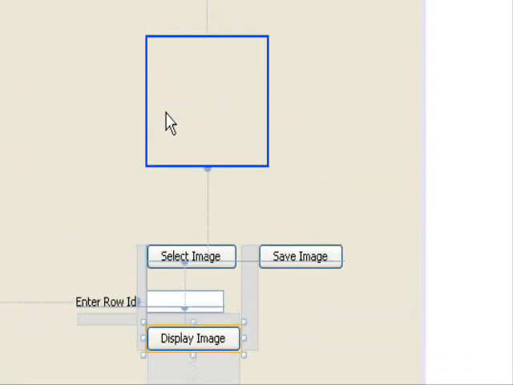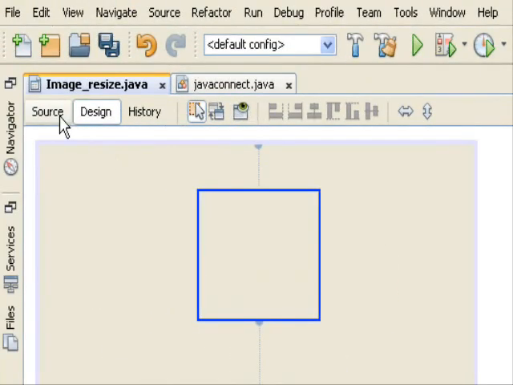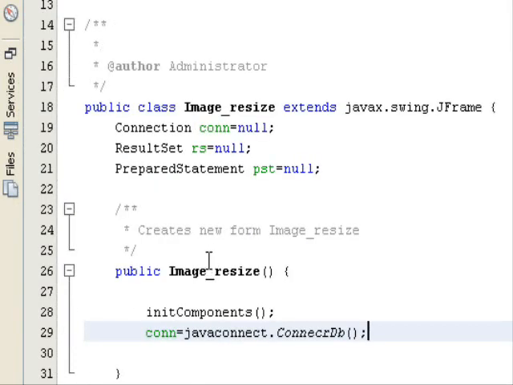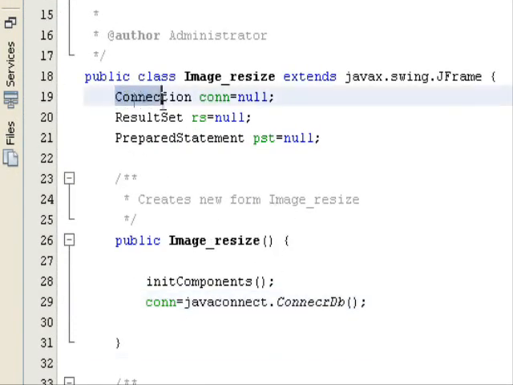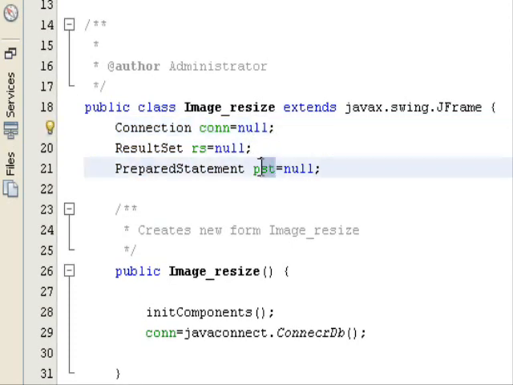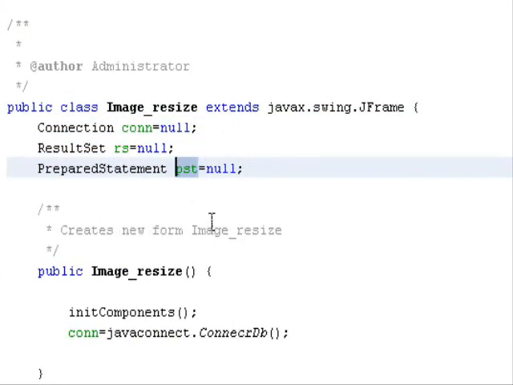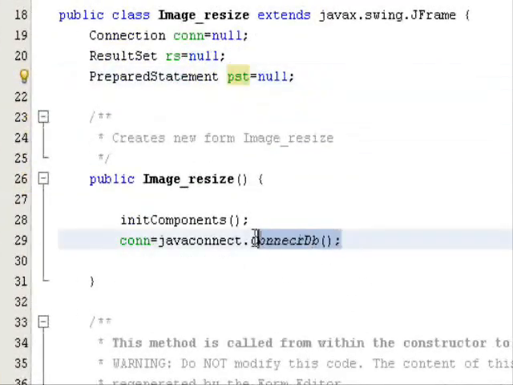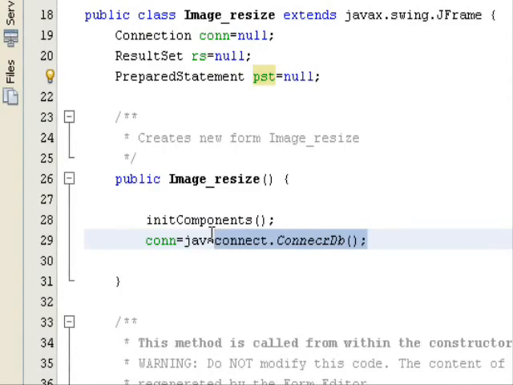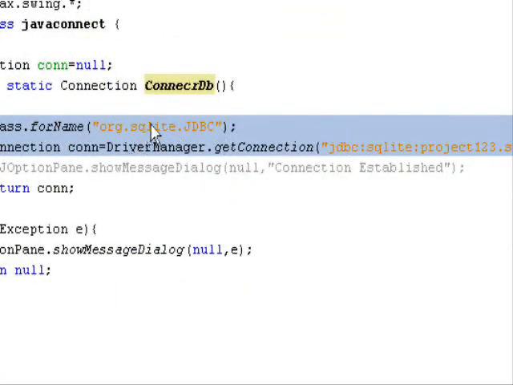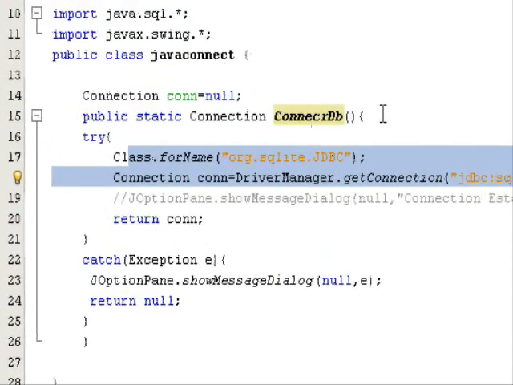So for the next tutorial, just prepare yourself and make sure that you have created these 3 objects, that is connection, result set, and prepared statement in your form, and the connection with your particular class for which you have your connectors.